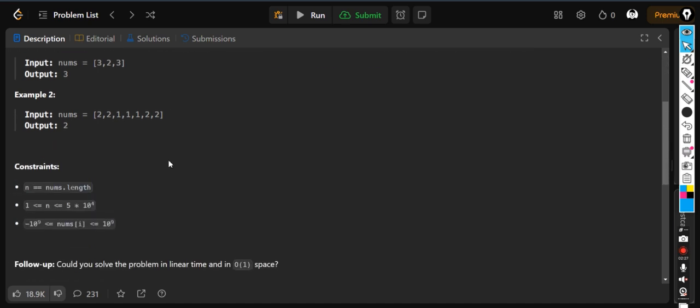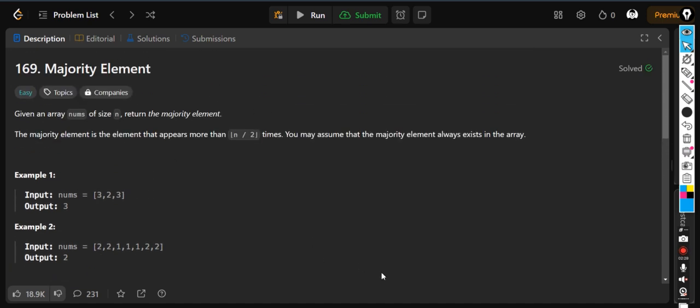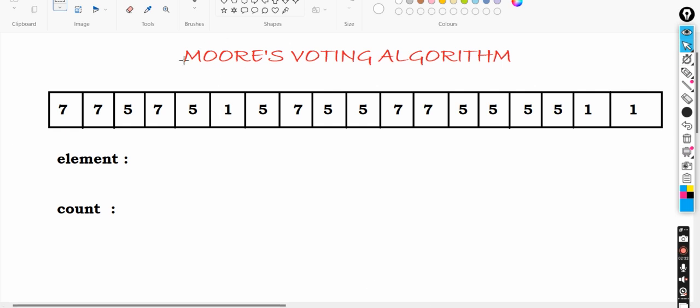Now we should go for the visualization. This basically implements Moore's algorithm. We will start counting.